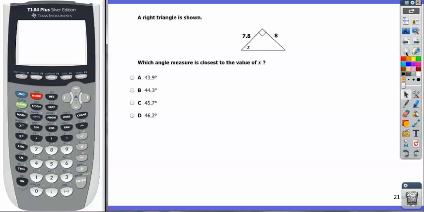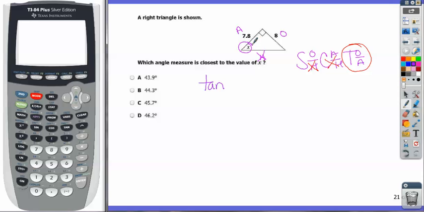Whenever I do trig, I always have to pick an angle. So I'm going to pick angle X, and I'm going to label my opposite, my hypotenuse, and my adjacent. The one that has no information by it is my hypotenuse. So if I write SOHCAHTOA, I am going to cross out the letter H. So TOA is the one that has nothing by it. So tangent of what? Of my x